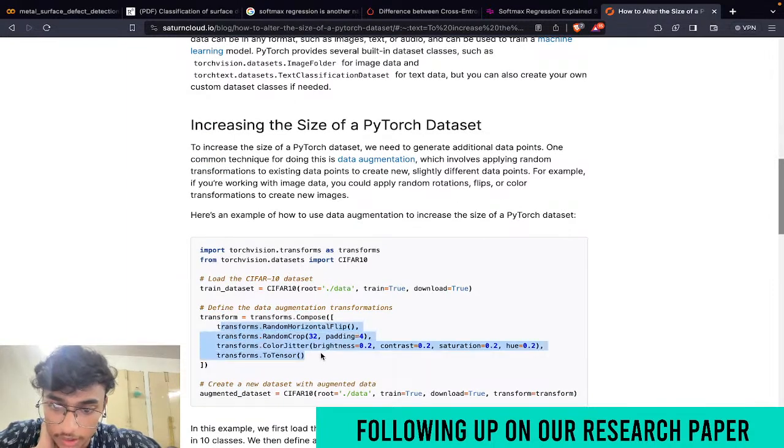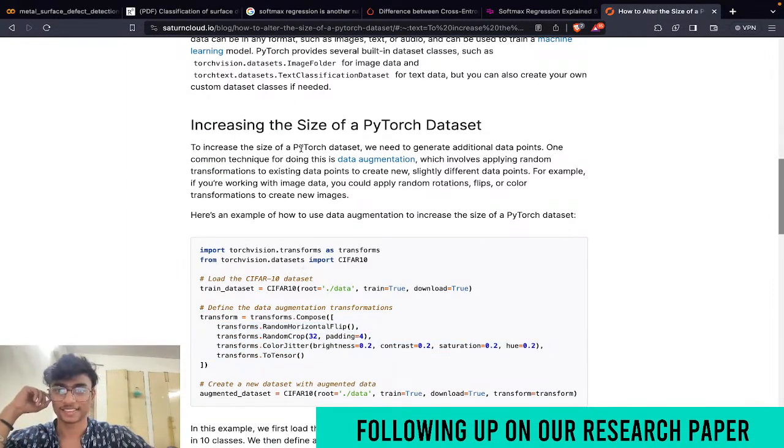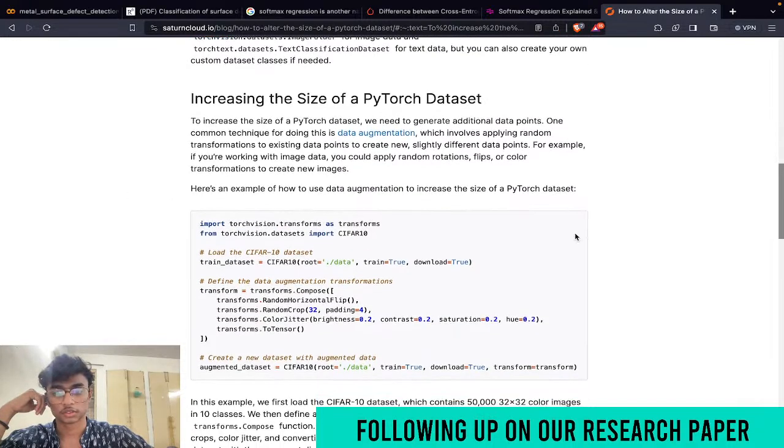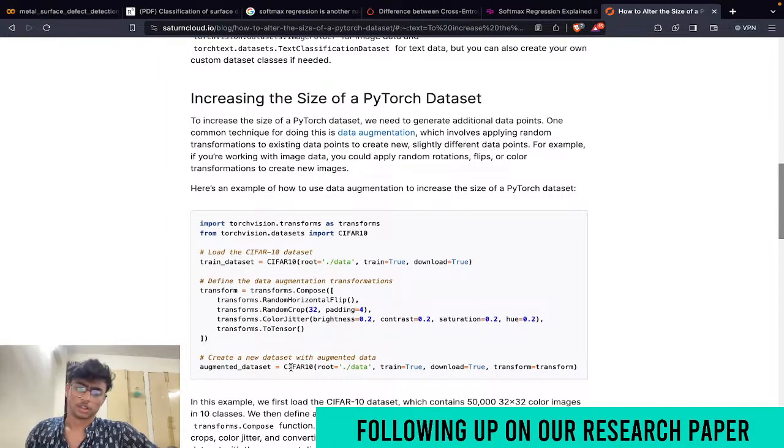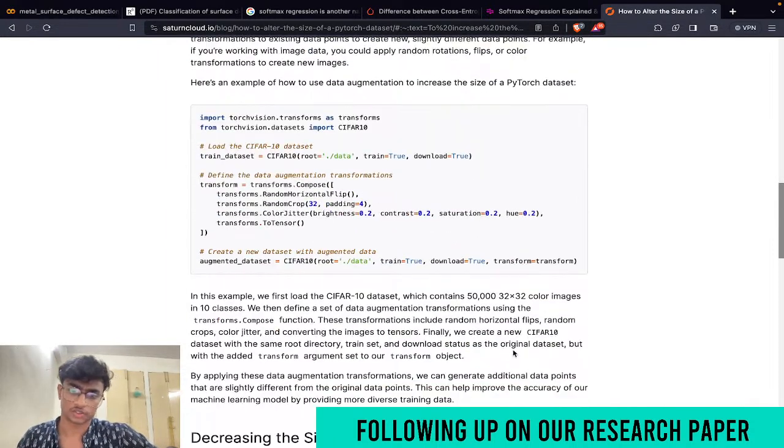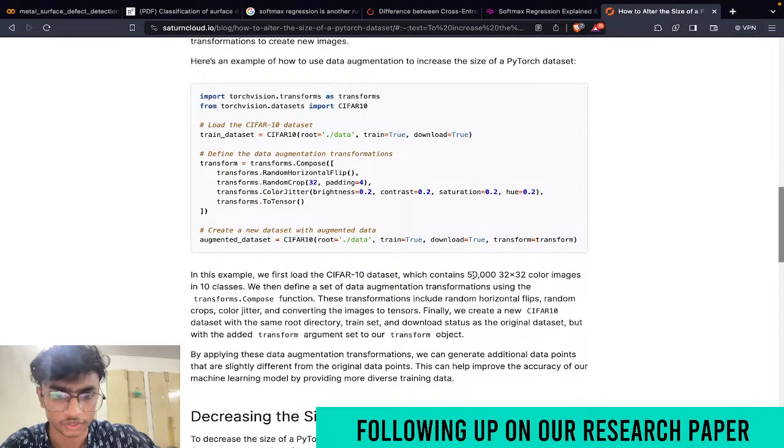But it is not increasing the size of data. What the hell? But train transform first was about 1,000 color images. So data augmentation used in the